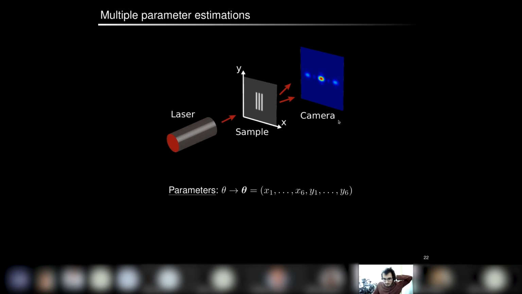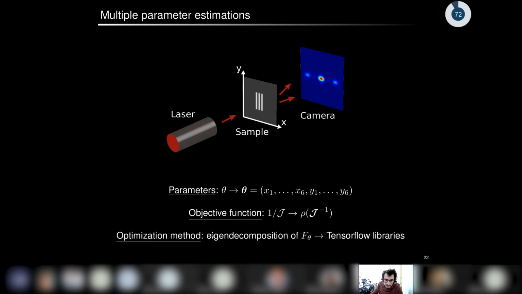So what are the differences between our first experiment with the cross and this experiment? Well, the first difference is, of course, that now you have many parameters. So instead of one parameter, you have a vector parameter constituted of all the positions of the lines. The objective function is not just the inverse of the Fisher information, because now the Fisher information translates into a Fisher information matrix, which is the generalization of the Fisher information for multiple parameter estimation. So you need to construct an objective function with this inverse of the Fisher information matrix. And here we choose its spectral radius.